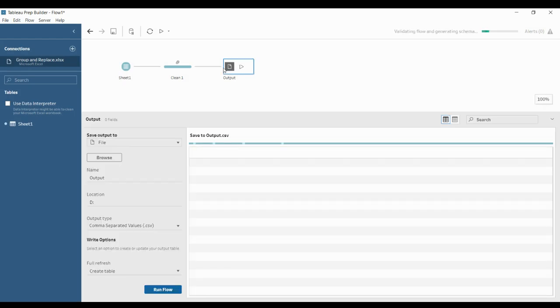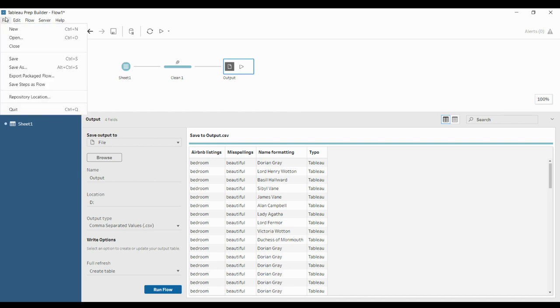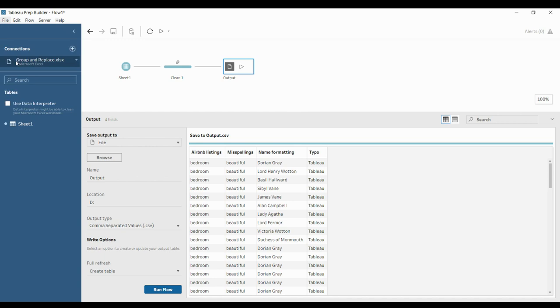You can also make this output a hyper file. So this is like saving the pre-processed data in your local file or in a public data source or anywhere else. If you wish to save this flow, if you want to reuse it whenever you come for the next process, you have to go to the file. Click file here and click save.